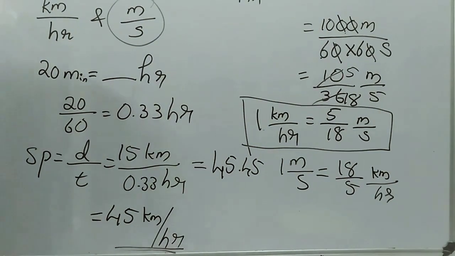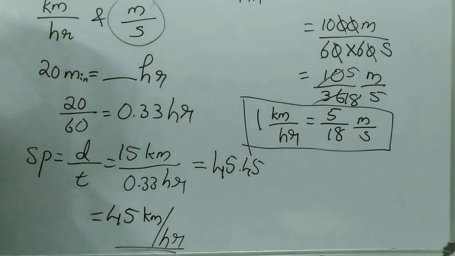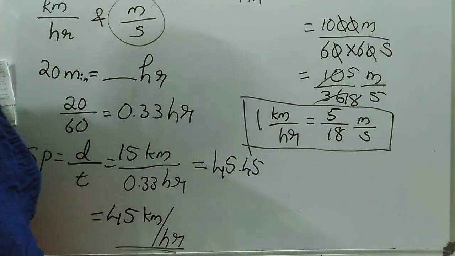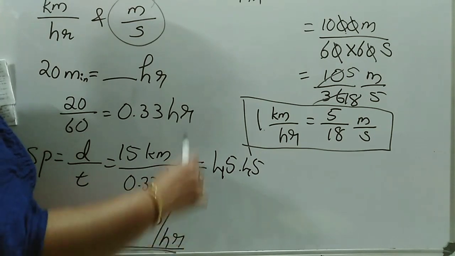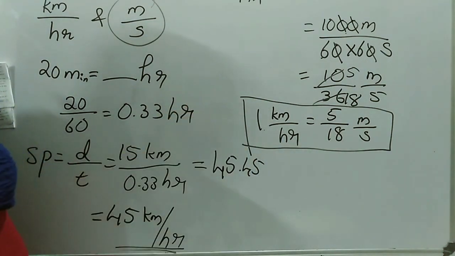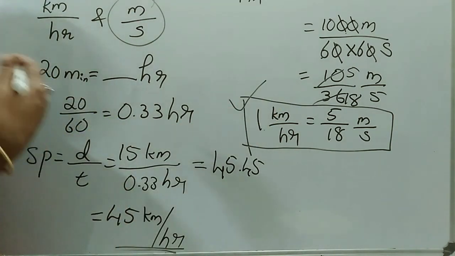So you need to study only one formula. You just want to study the first formula, that is how to convert kilometer per hour to meter per second. It is multiplying the given number by 5 by 18. So what will be the reverse? If you want to convert meter per second to kilometer per hour, multiply by 18 by 5. So if you learn one formula by heart, you can easily convert the other one.